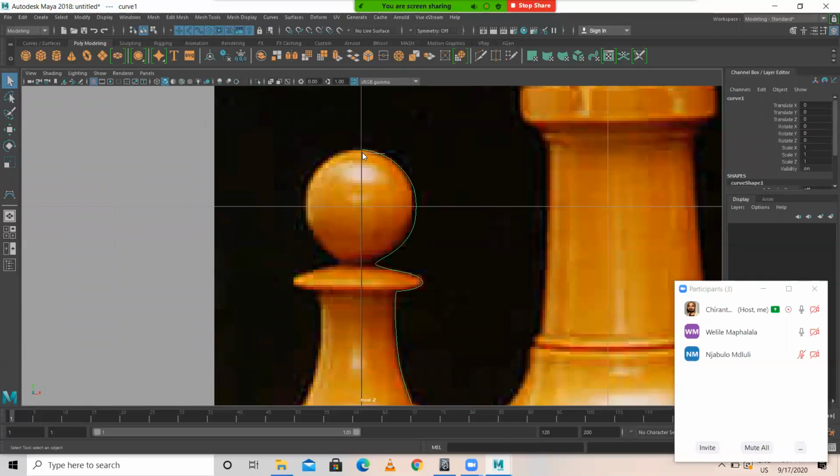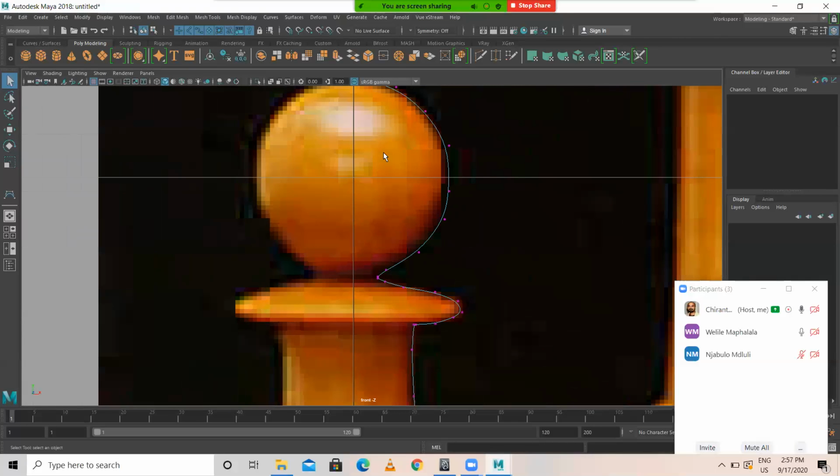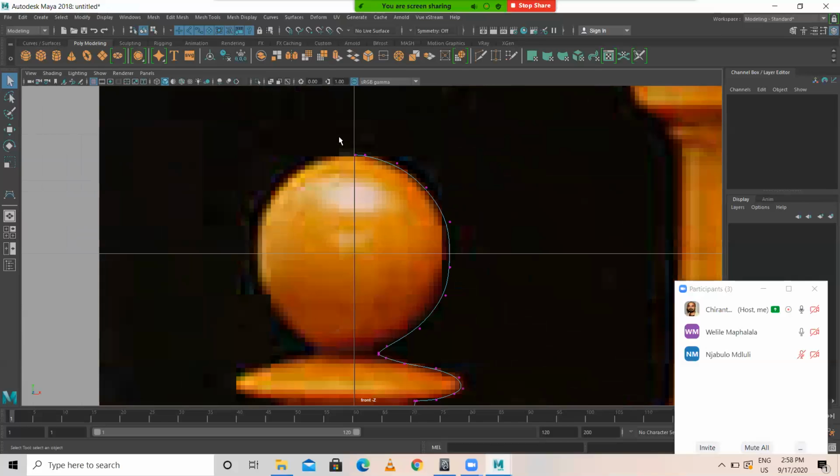Then after that, right click, go to control vertex, select this, X, snap to grid.